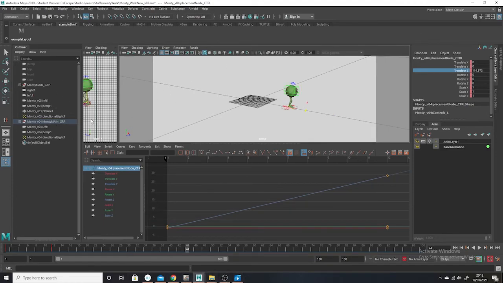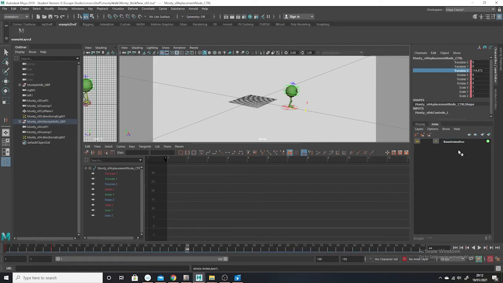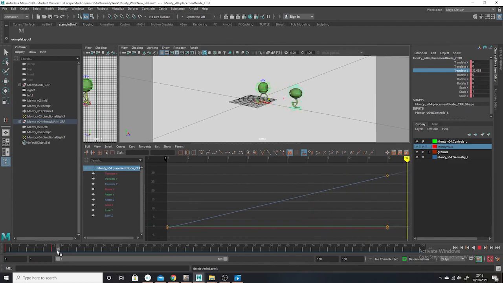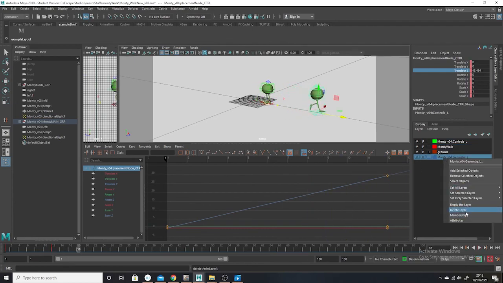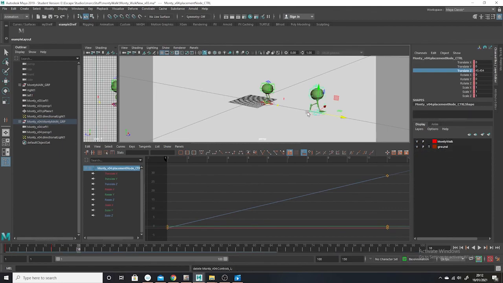What I do now, the interesting thing is, I'm going to clean the scene up a little bit. The first thing I'm going to do is get rid of the anim layers because I don't need this anymore. That was just to bake out the walk cycle for Monty. The next thing I'm going to do is, when I brought in the run cycle, it invariably brought in all these extra layers. I'm going to delete these as well. Yeah, delete these layers. I'm going to make my